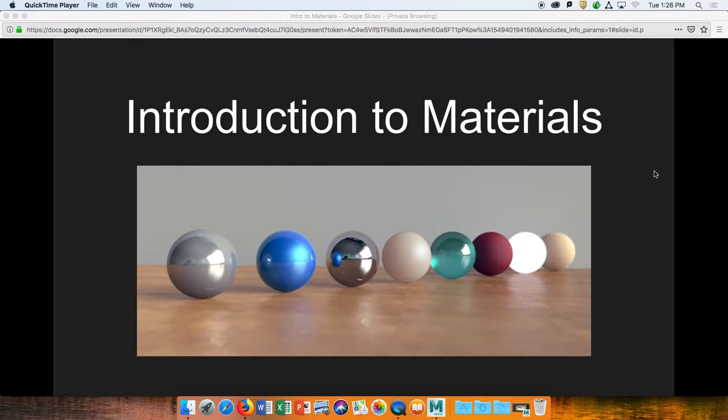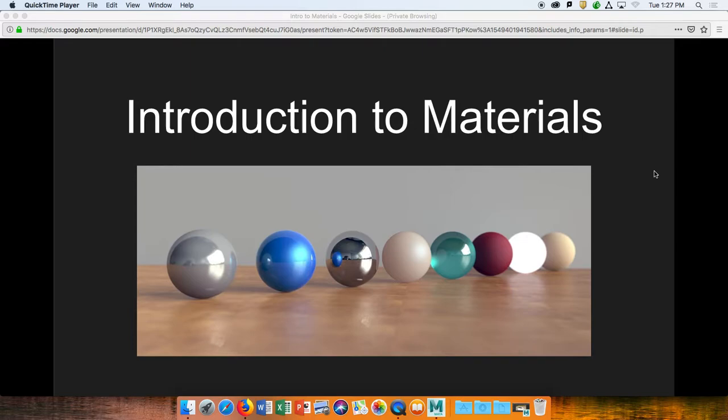At this point we've covered most of the modeling fundamentals and UV wrapping and texturing, so we're really close to being able to actually render really nice images like the one on the screen. The last thing we really need to cover is materials, and Danny's actually going to go into more detail on Thursday about the nitty-gritty of materials. So this is more of an overview of both how materials work and also how rendering works